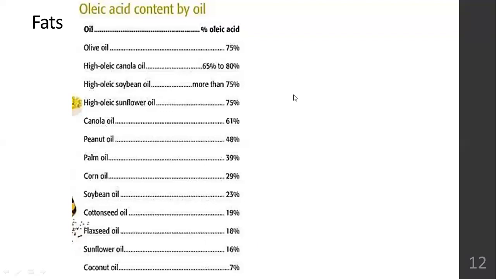See, for per person per day, it depends on your gender. If you are a sedentary person, don't consume more than 30 gram of fat. If it's a woman, don't consume more than 25 gram of fat. If man, don't consume more than 30 gram of fat. It depends upon your lifestyle. For a sedentary person, these are the indices that we follow.